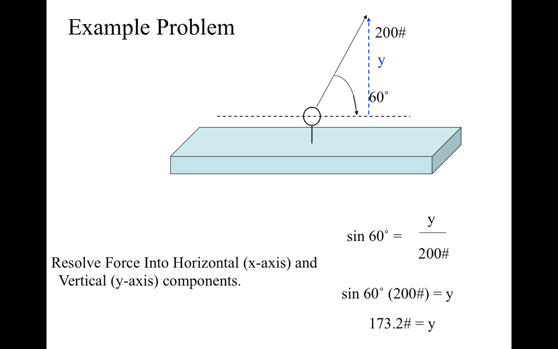We can separate this force into vertical and horizontal components. Here we construct a right triangle having vertical and horizontal lines. Given that the angle is 60 degrees to horizontal, the trigonometric relationship to solve this problem is sine of 60 is equal to y over 200. Solving for y,